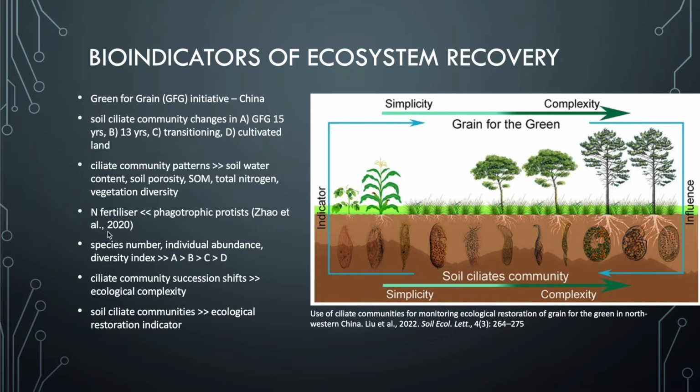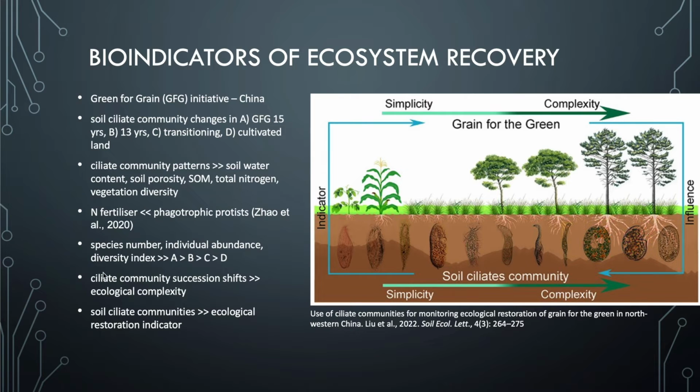So it's very important to understand that this cultivated land is the problem, the way it's being farmed. And it's really important to know that if we remove this fertilizer component in land management, these phagotrophic protists will actually take that role on and provide the natural nitrogen that is gained by bacteria in the soil.